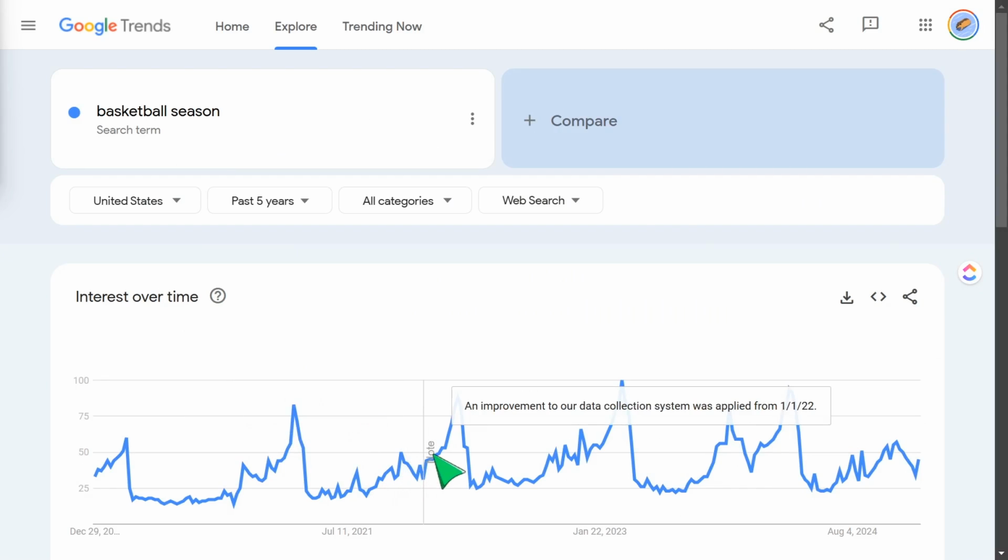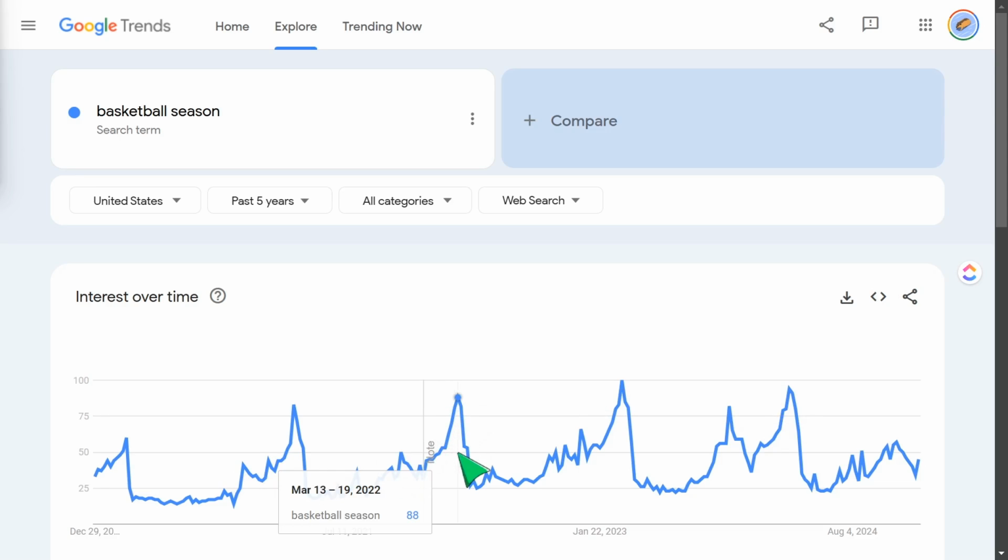We do see, however, that the peak interest starts around January, coming up to February, with the peak around March. So as you can see, it still has a growing interest throughout the entire year, but it definitely has its peaks. Just make sure you understand the overall flow of interest when you are creating your designs